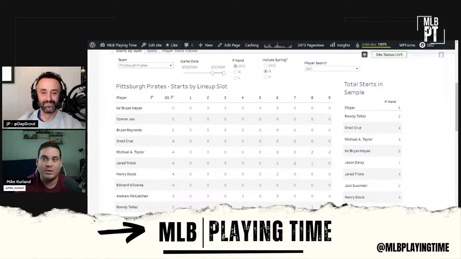But Michael A. Taylor is a fun stream. He plays every day. Regardless of if it's a righty or lefty, he should play every day because of defensive purposes. So if you're in a deep league and you have a 5th outfielder just for plate appearances, he's batting like 8th or 9th most days, I believe. 8th or 9th. Yeah. So Taylor's a guy that if you just want to target plate appearances...